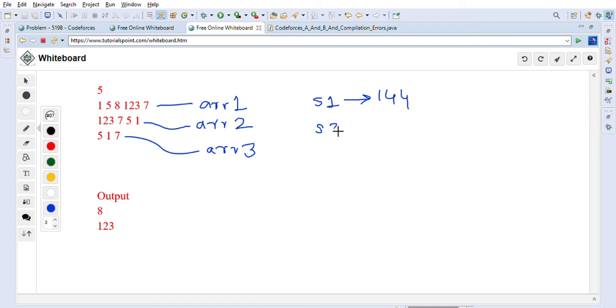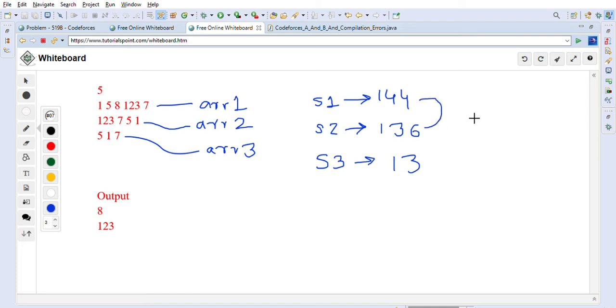For the second array, the sum will be 136. And the sum for the third array will be 13. After we get these sums, we will subtract: s1 minus s2.